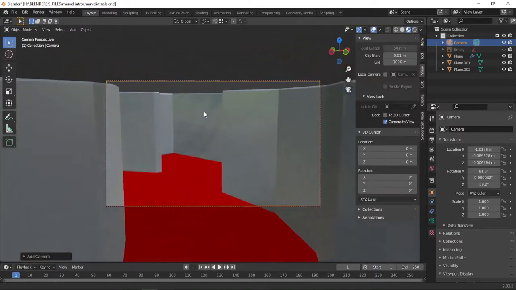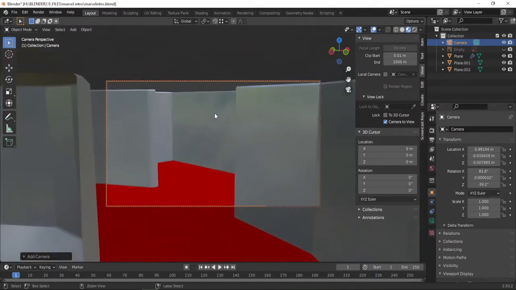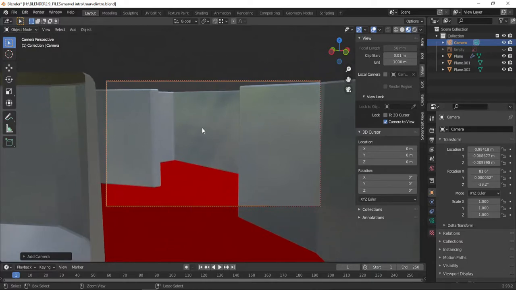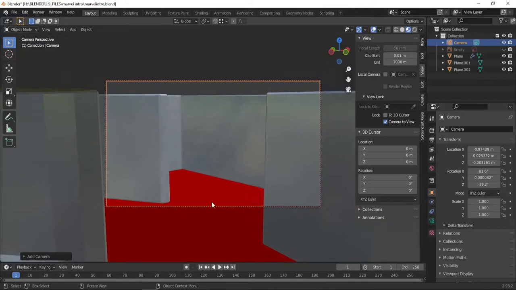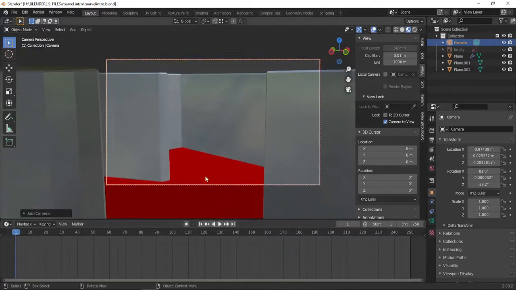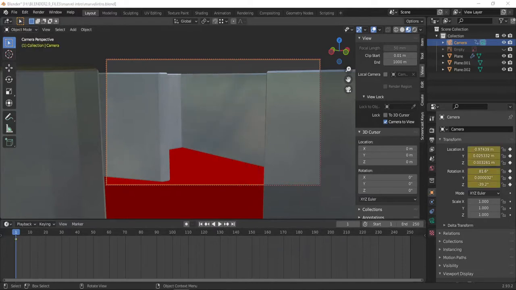So learn the basics of Blender and then come here. You have to place the camera and animate the camera frame by frame under the timeline panel as shown. Keyframe the location and rotation of the camera and just follow along the video.